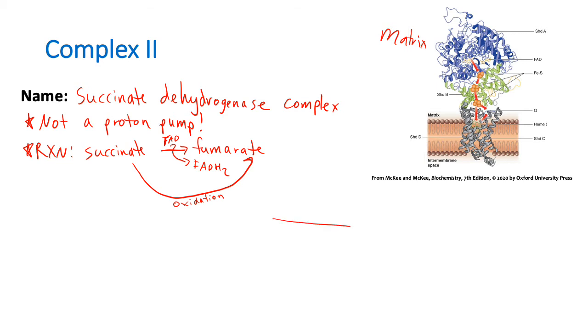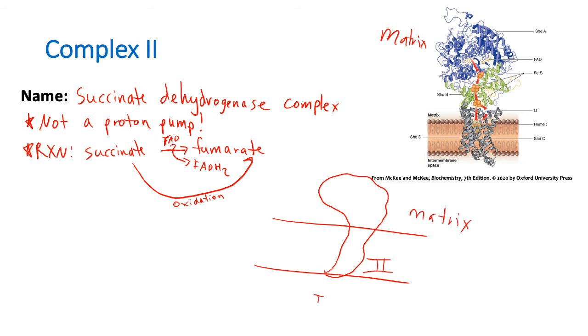So let's say that you have your membrane and you have, trying to imitate this drawing right here. So this is complex 2. This is matrix. This is intermembrane space. Now, what happens is you have succinate go into fumarate, and in this process, FAD